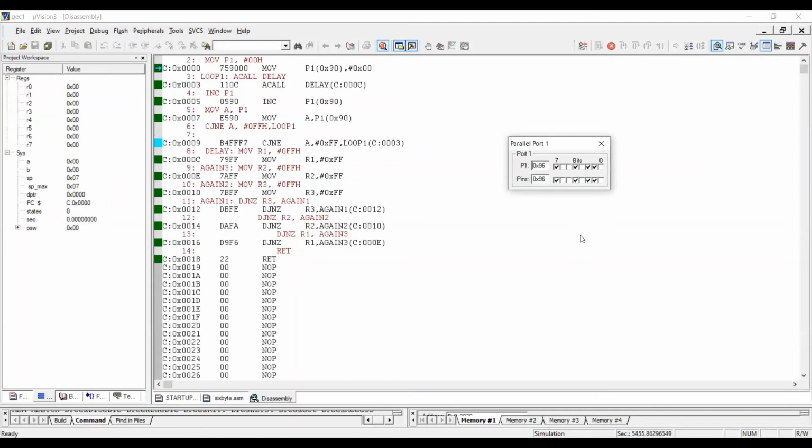It is taking a lot of time to reach a value of FFH.